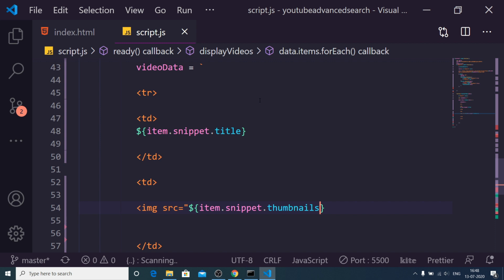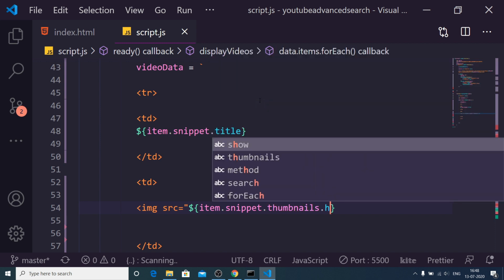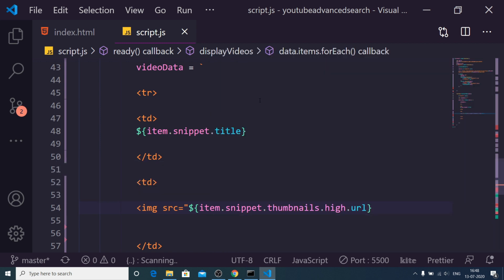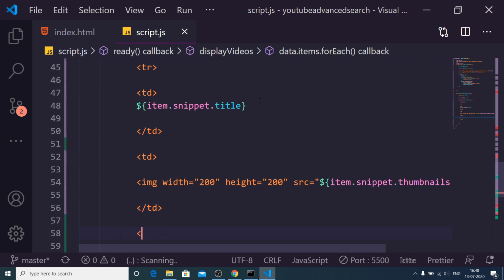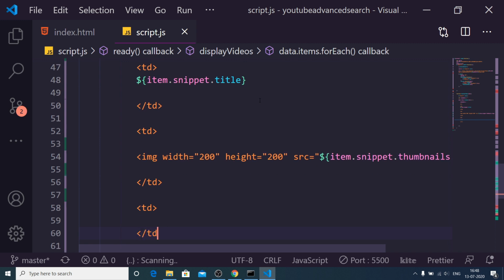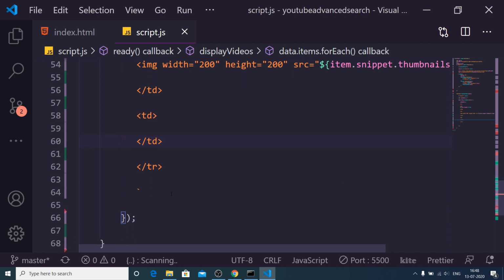So if you study the JSON response which is coming back from the API, you will have this structure in order to get the URL of the image. Now we can even attach a fixed width and height to the image, 200 width and also height 200. That's it. So this is a thumbnail which is ready, and last but not least we will have the channel link property. Let me just see guys first of all if these properties are working or not, and lastly we need to add this to our table body.